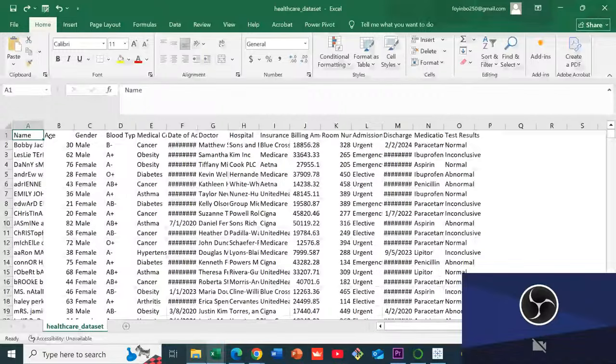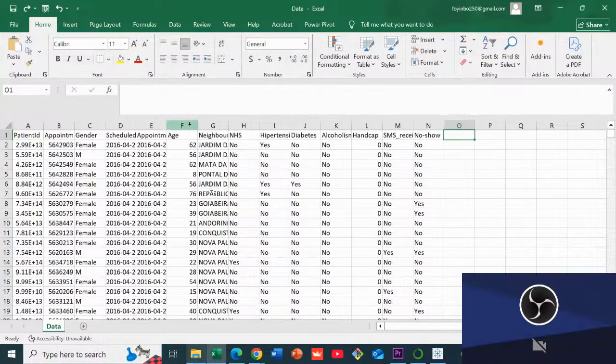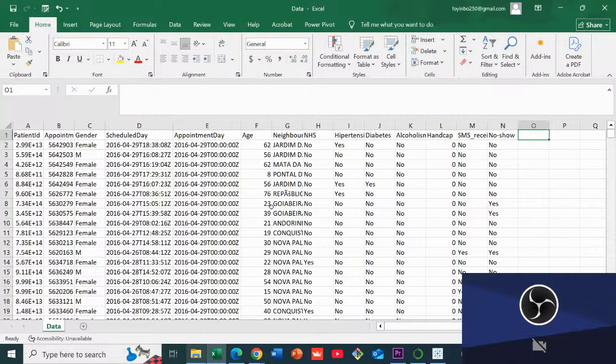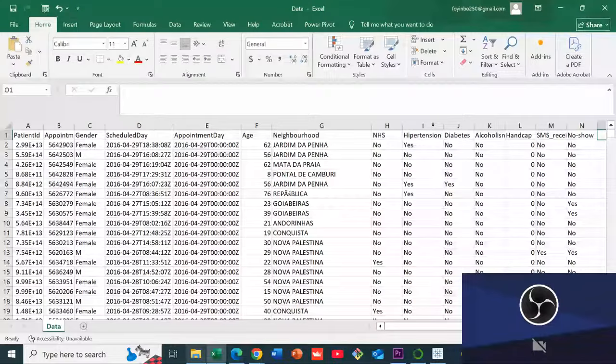It's the healthcare data set and it consists of... Is it this? Oh, sorry about that. Not this one. Okay, this is it. So, our data set consists of the patient's ID, the appointment ID, the gender, the scheduled date, the appointment day, the age, the neighborhood this patient resides in, and the medical conditions of this patient: hypertension, diabetes, alcoholism, and